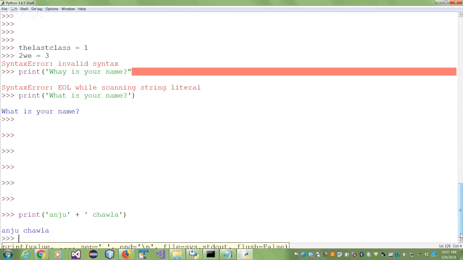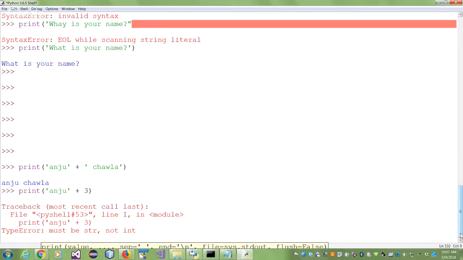That works. Print just prints. What about this? And tell me if there is an error I'm making. It says Anju, okay. But that plus is concatenation. You have a string and you're concatenating 3 with it. I can do that. In printing, it wants everything to be a string.